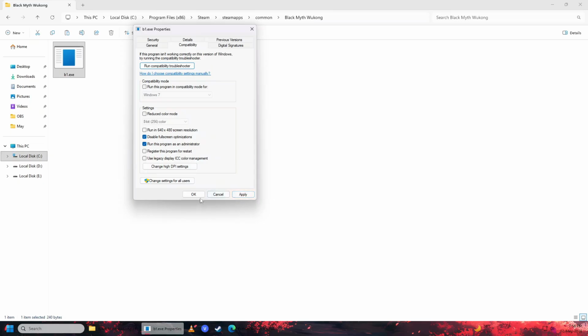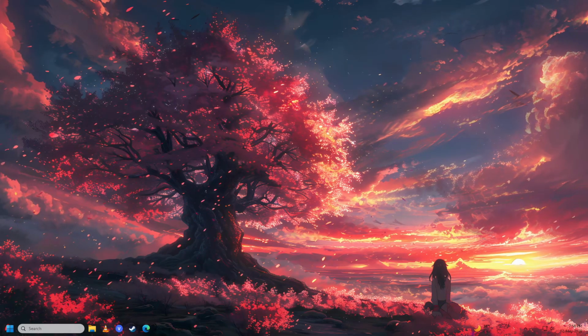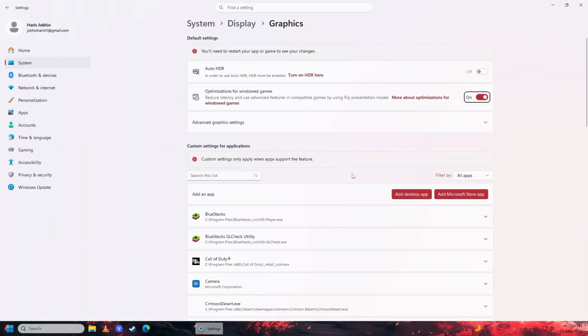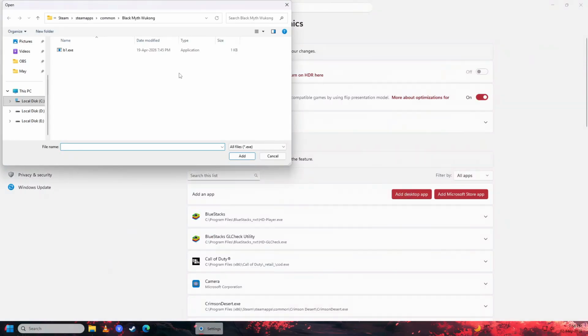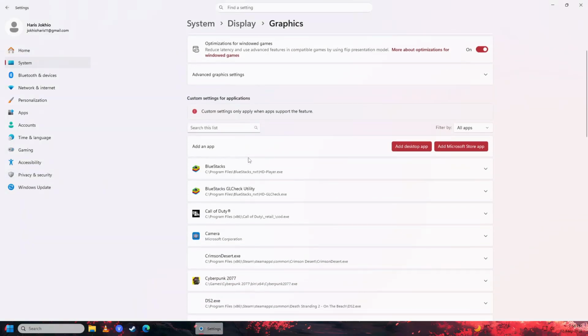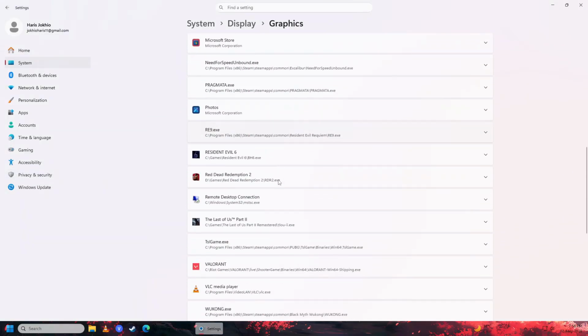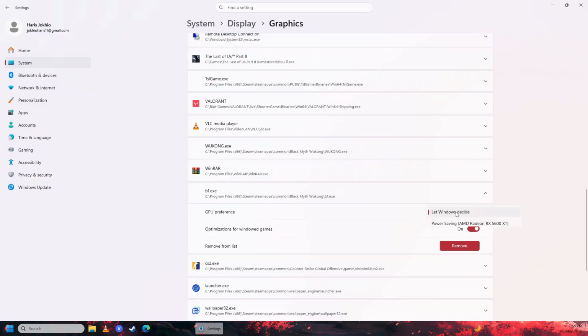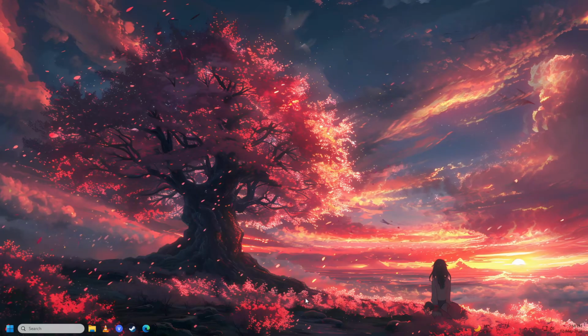After that, click apply, okay, and then you're going to open up your start menu, right here, graphics settings, and then you're going to click on add desktop app here. You're going to go to the Black Myth Wukong game's folder and then add the Black Myth Wukong exe here. You're going to find the exe in this list. Here it is. Click on it, click GPU preference, set it to high performance here,